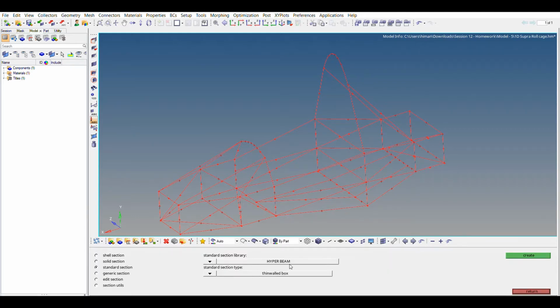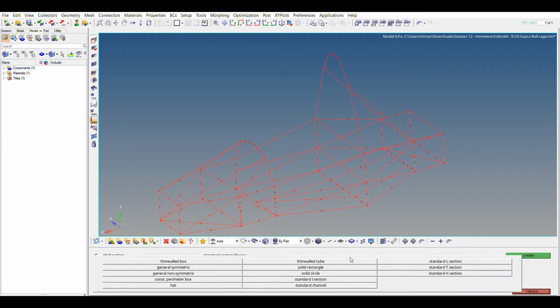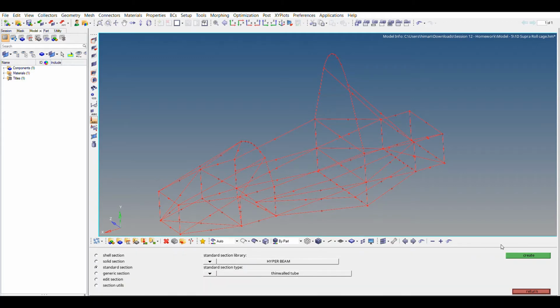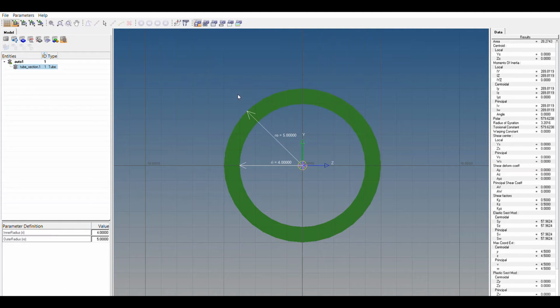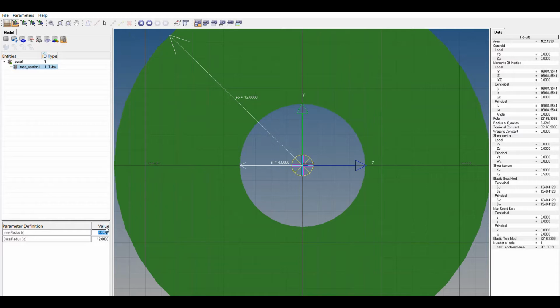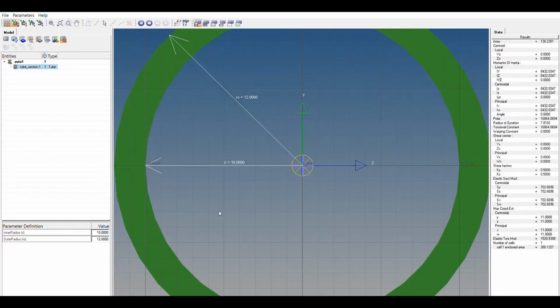Go to standard section and select thin wall tube HyperBeam, and now here you have to define the outer diameter and inner diameter of our cross section area of the tube. So inner radius let's say 10 and outer radius let's say 12, and then you go to model view to escape from this.